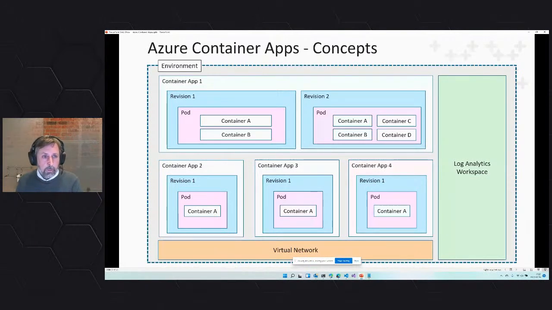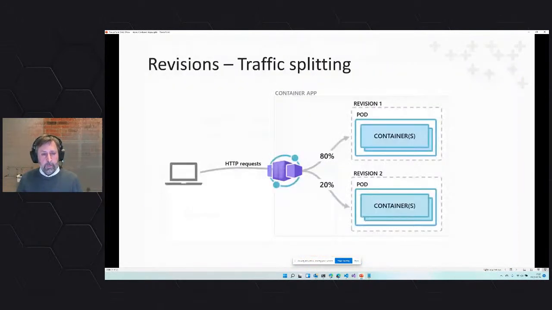And I talked about these revisions and the term of traffic splitting. So this is an additional feature you get with this concept of revision. So what you can do now is that you can deploy a new version of your application, like revision 2, but instead of just sending all the traffic to that new revision, you can actually send part of the traffic to that new revision. So in this image, you can see that we're still sending 80% of the traffic to the old one, and then we're sending 20% of the traffic to the new one. And this allows us to do multiple things. It allows us, for example, to gradually deploy a new version